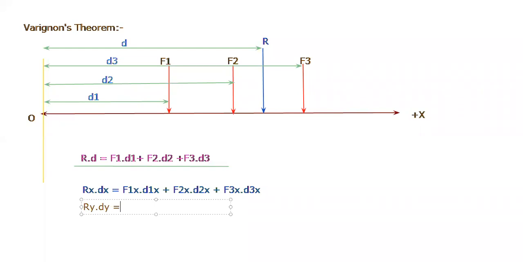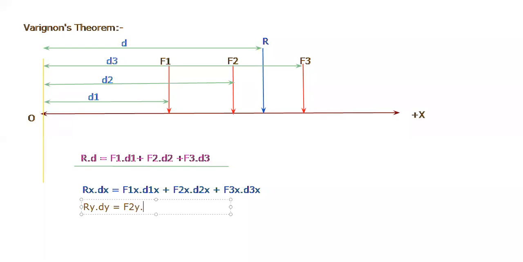Now this is the Y component of resultant, multiplied by the distance from the Y axis. Distance from the Y axis up to this point O means Ry, the distance of Ry from the point O in Y direction. Okay, that is Ry into dy, plus